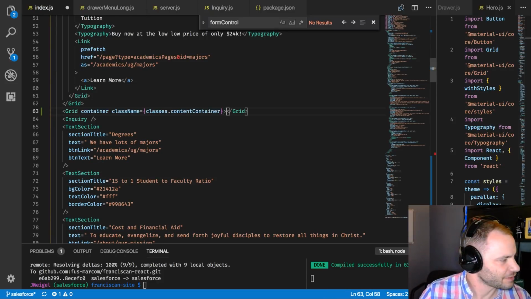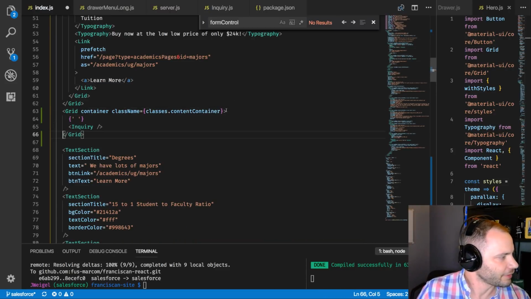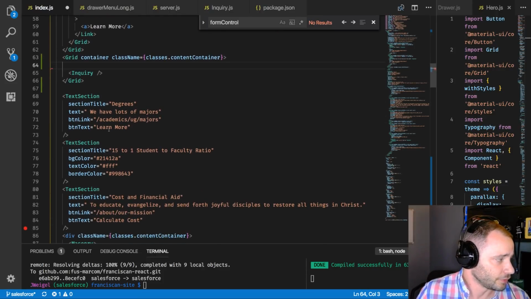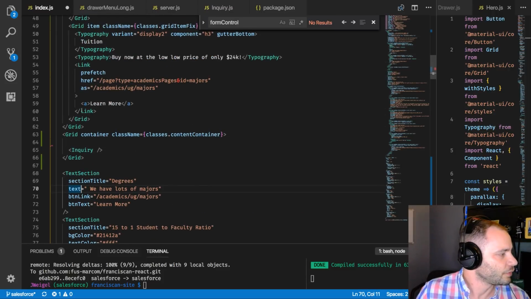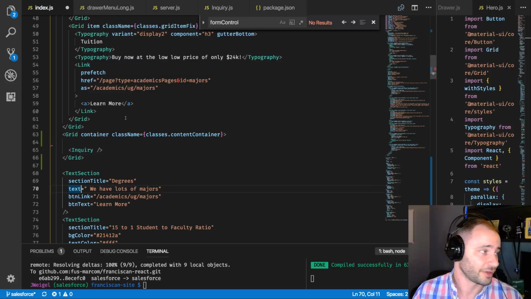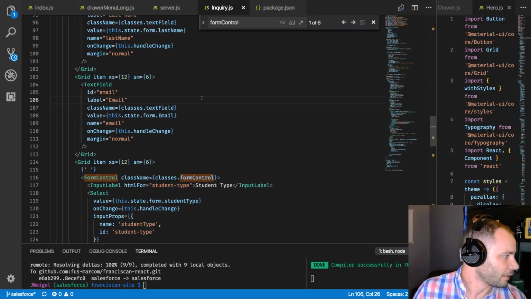I'm not sure if this is the best way to handle this, but I'm going to try it first. The thing I'm thinking is maybe we could just extend it and put this inquiry inside our existing grid container, and we could probably put this in there as well. Or potentially we could add the styles for the grid container on the container that's in our other component, which I wouldn't like to do because that would make it a bit less versatile. And then